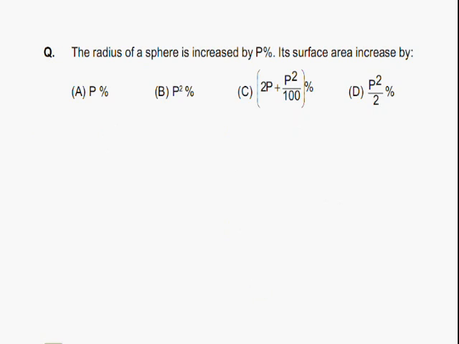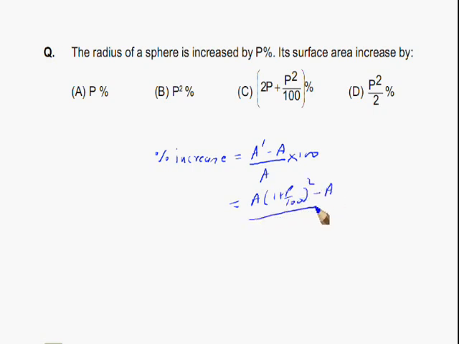Now we know that the percentage increase in area is equal to final value minus initial value divided by initial value into 100. The final value is A times 1 plus p by 100 the whole square minus A divided by A into 100. Now by cancelling the A, we get 1 plus p by 100 the whole square minus 1